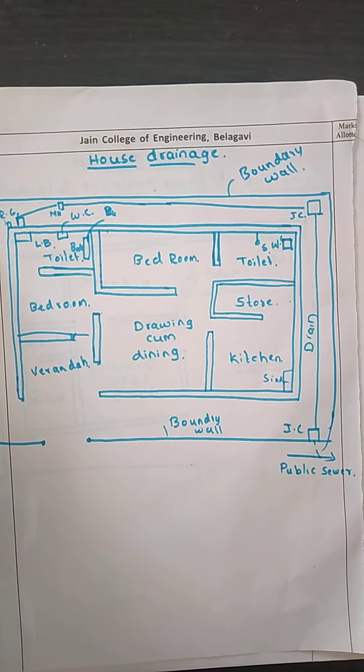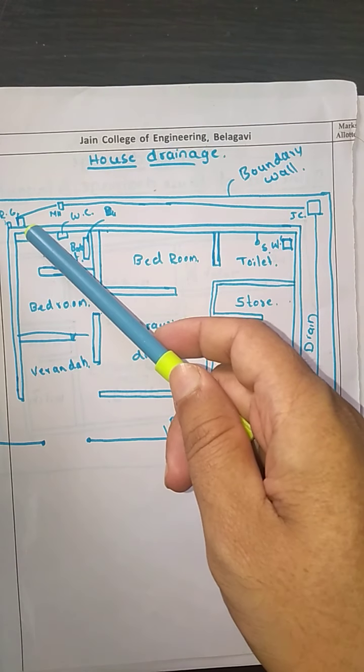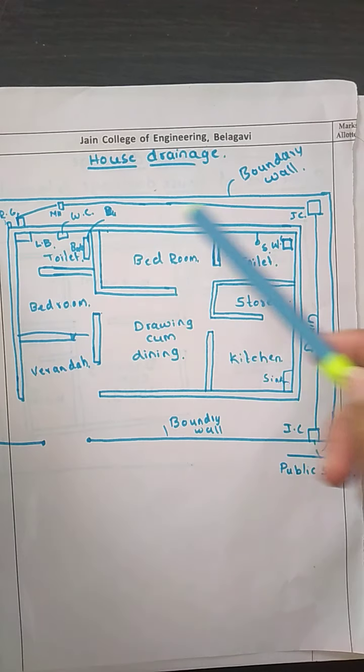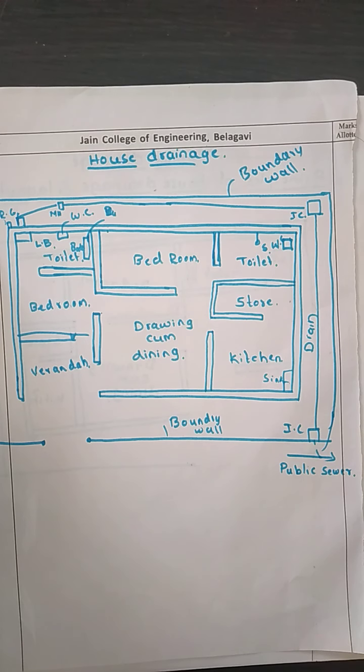It would have created completely unhygienic conditions near the surrounding people. Now here what is going to happen? It is going to be carried out into a closed conduit, and it is going to be disposed. Now, to dispose of the wastewater, one more objective is that the wastewater is disposed of early and quickly. Again, it is going to prevent the entry of the foul gases from the sewer or the septic tank.